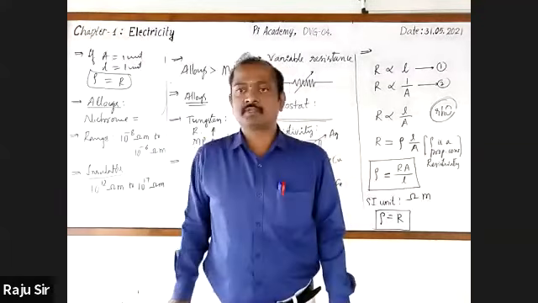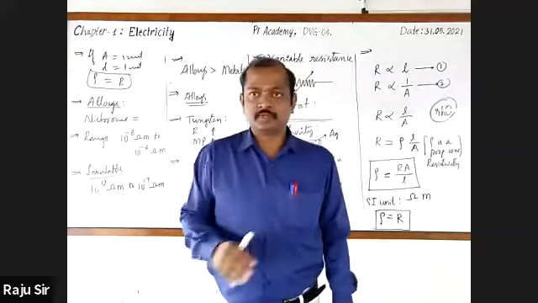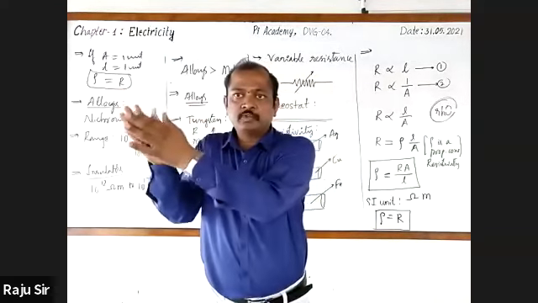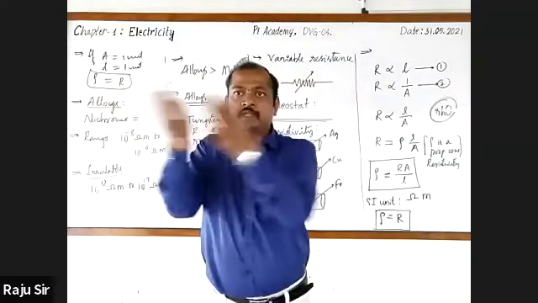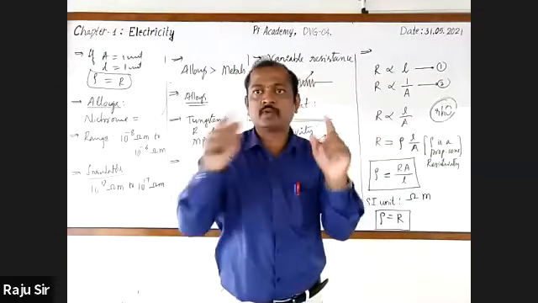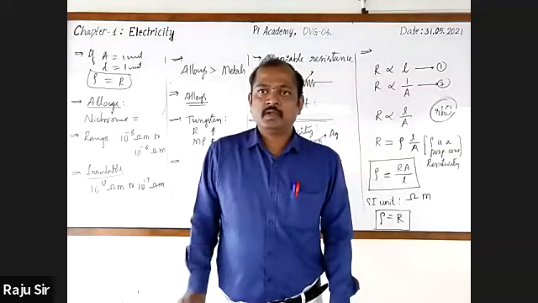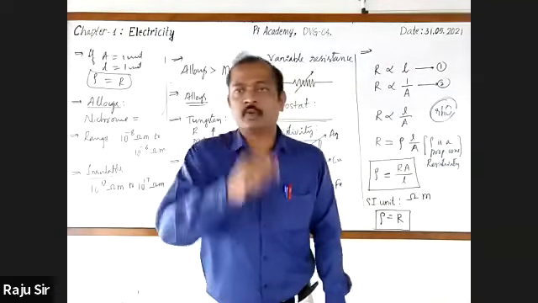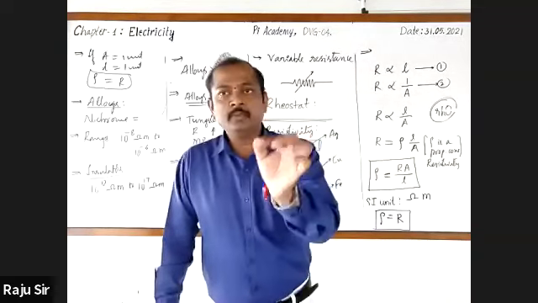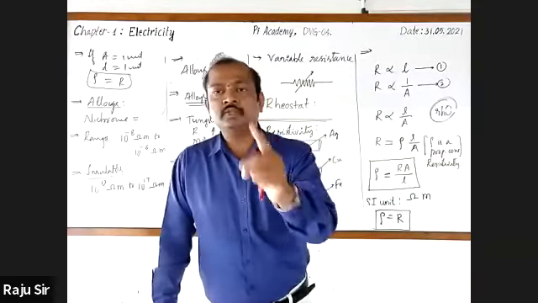Copper wire is used. And another one, you might have noticed that electric poles and the wires are connected from one electric pole to another electric pole. They are called high tension wires. They are made up of a metal. Do you know what is that metal? Aluminium. Very good. So aluminium and copper, these two are used for domestic wiring.